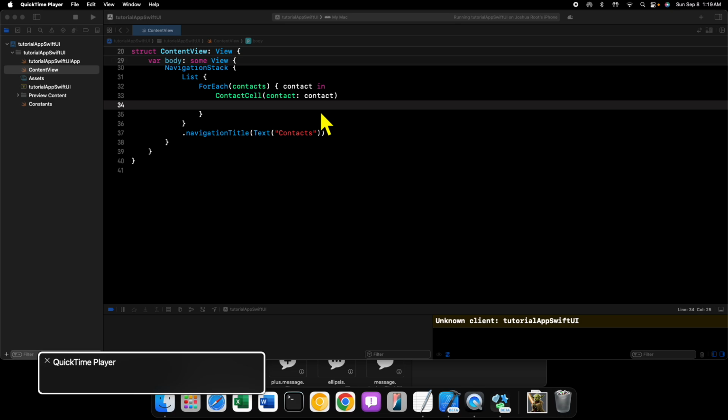Welcome back to another video, and in this video we're going to be continuing on with our SwiftUI tutorial series, and in this particular tutorial we are going to be taking a look at how we can use swipe actions